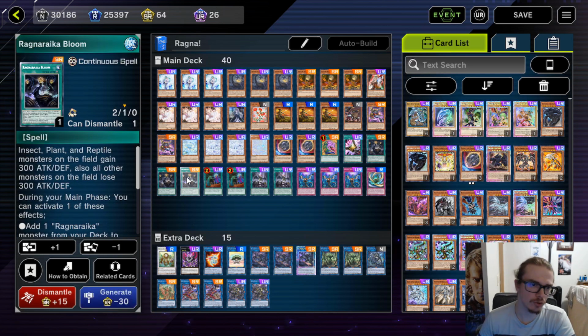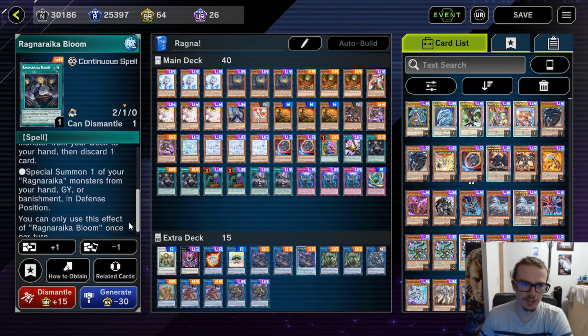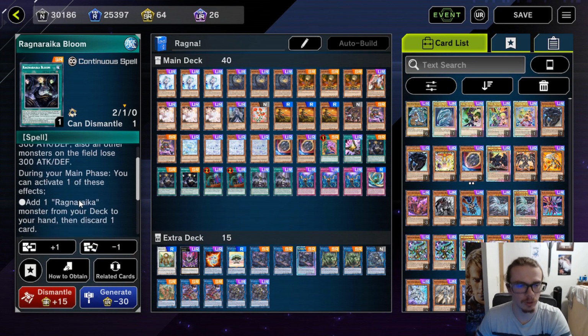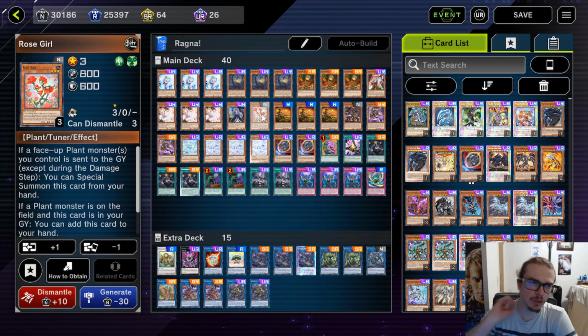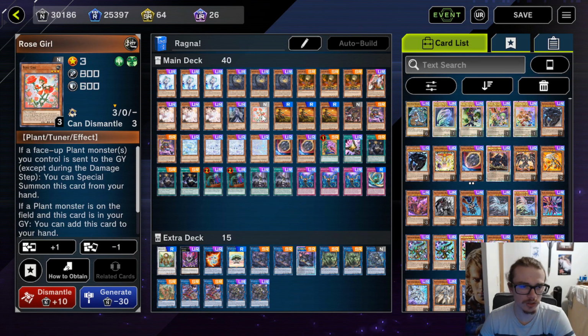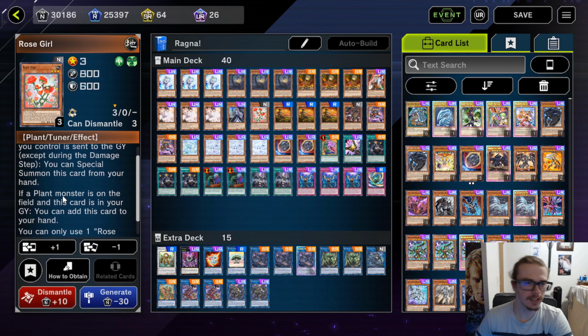our best card. And we also are playing 3 Bloom, because this card searches out a Ragnara, as well as special summons a Ragnara, or rather does either or, which is pretty nice. We're also playing 1 Rose Girl to summon off of a Lone Fire Blossom, because it can add itself back to the hand, which is very nice if you control a plant, and